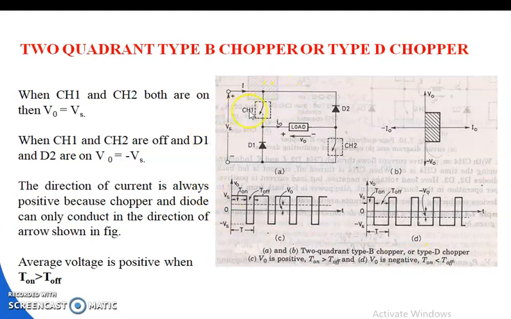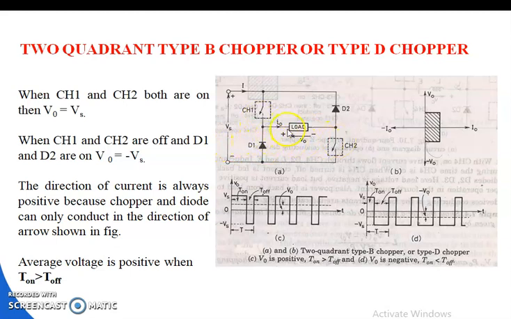See that here one pair of choppers is connected across the circuit and one pair of diodes is connected across the circuit. So the choppers CH1 and CH2 and diodes D1 and D2 are connected in such a manner that the first arm of the bridge circuit comprises CH1 and D1, the second arm of the bridge circuit comprises CH2 and D2, and the load is connected in between the two arms of the bridge circuit.